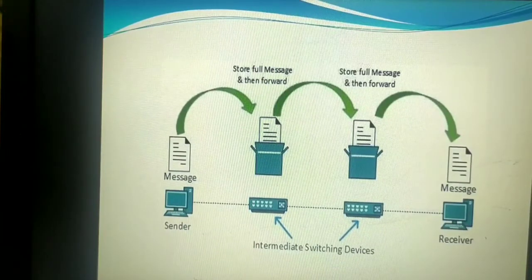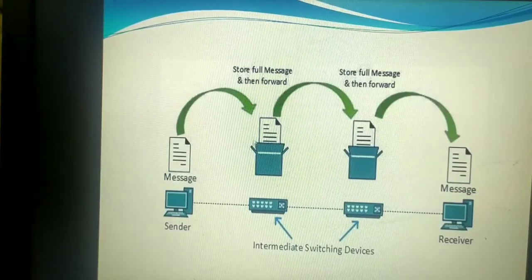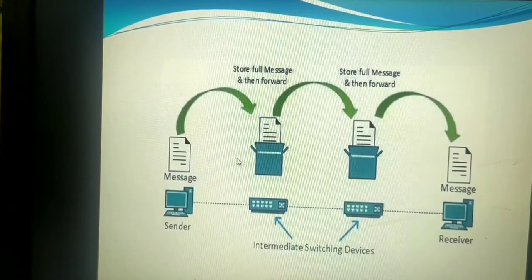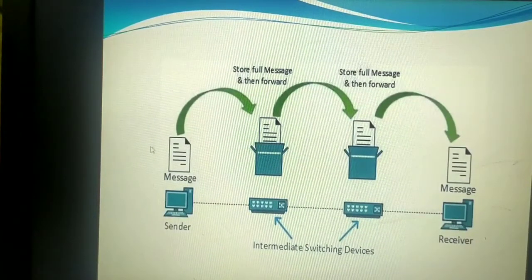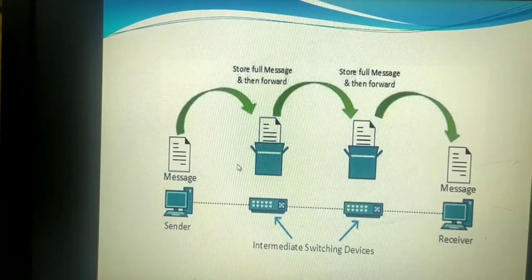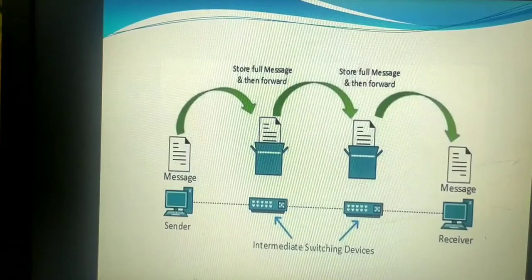So that entire 400 KB will be forwarded to the next switching office. I already said what the switching offices or the switches are: they are the networking devices that make a temporary connection in order to send your data right from the source to the destination. When that 400 KB data packet comes to the nearest switching office, it will store the data in its buffer. Buffer is nothing but memory. Just as in the post office we have the post office box where you drop the letter, that is the buffer.